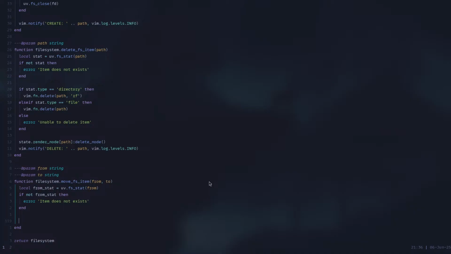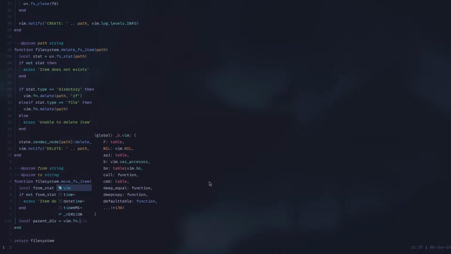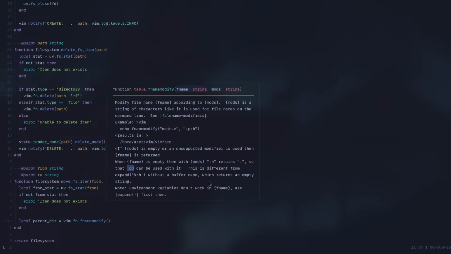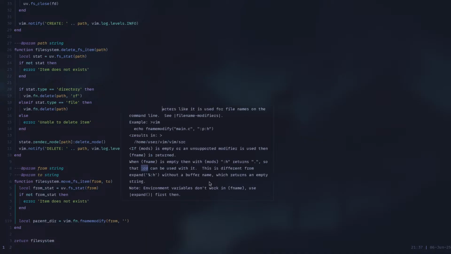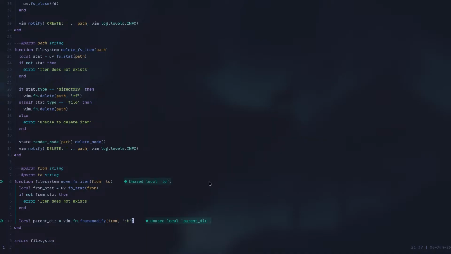All right, so the first step is to check whether the file already exists, because if it doesn't exist, then we can't rename this. So now we have to extract the parent directory. So vim.fn.fnamemodify from, with :h. We will go to the parent directory and